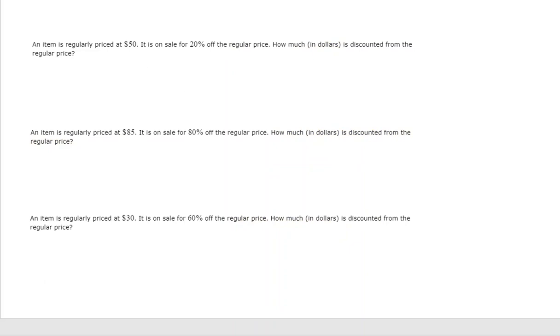Okay, so let's go ahead and look at a few more of these. All of these are exactly the same. An item is regularly priced at $50. It is on sale for 20% off the regular price. How much is discounted from the regular price? Okay, so if the item is regularly priced at $50 and it's on sale for 20% off the regular price,